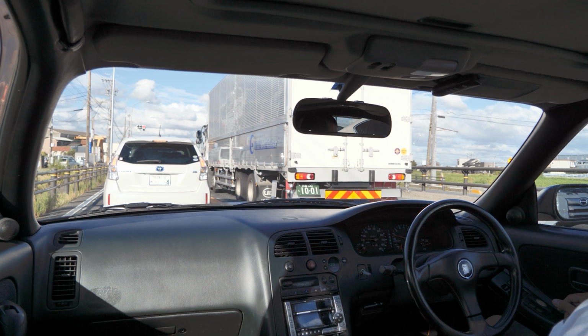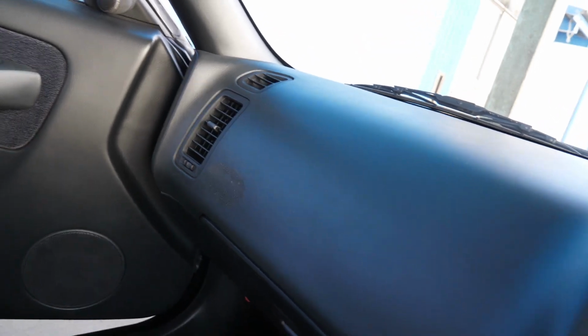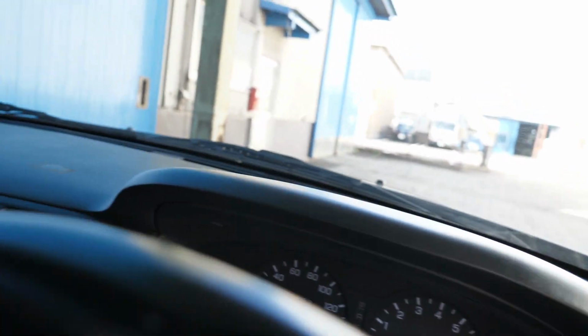So let's just get into that. Let's fast forward up to the exterior. Well, here we are starting from the interior. You can see that dash is in really good shape. No cracks or anything from there. So all good there. Opened up the doors to get a little bit more light, so you can see the